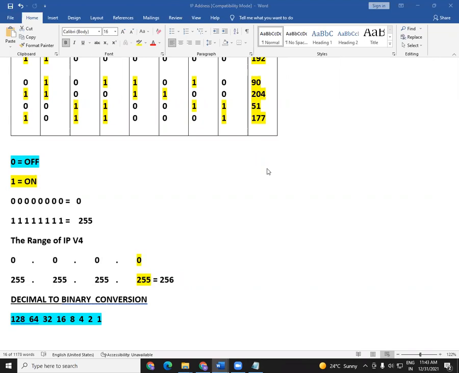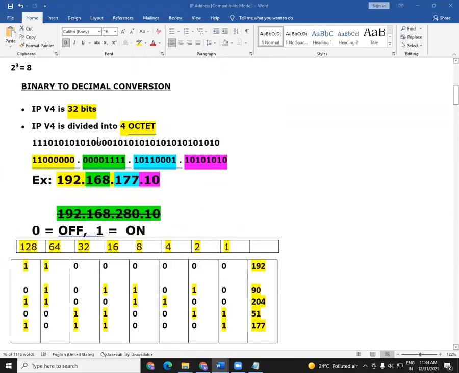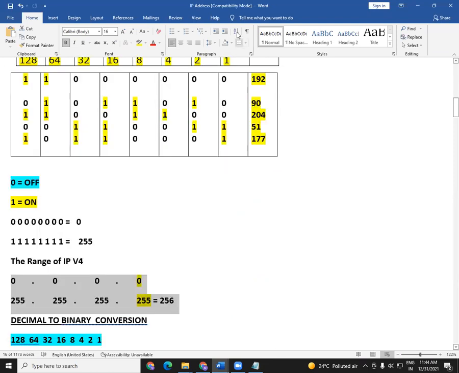Okay, fine. Now, next thing is decimal to binary conversion. These 2 conversions are very, very important for us for the next 4-5 classes. If you want to understand IP addressing very well, these are the 2 conversions we have to see. Hopefully you have understood binary to decimal conversion. Now let us see decimal to binary conversion. But before I go to decimal to binary conversion, I'll wait for 30 seconds. If there is any doubt, we will see. Then we can see the decimal to binary conversions today.